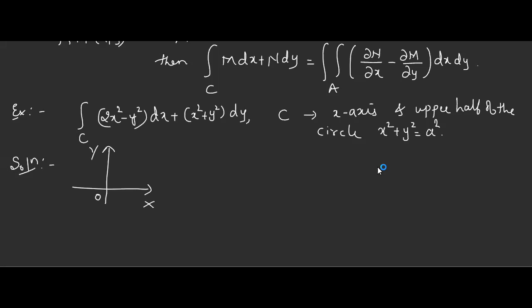Now let us draw the circle. What are the properties of this circle? Center is at the origin, and radius is a. Now, do we have to take the entire circle or any part of it? It is the upper half. One of the boundaries is this x-axis, so this is my boundary. This is my boundary. So I have to take only this part. Hope you can see this. This is the region where we have to perform that integration.